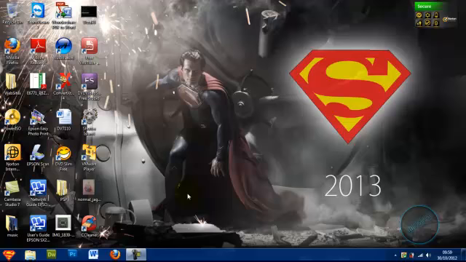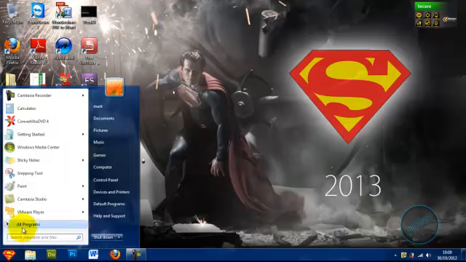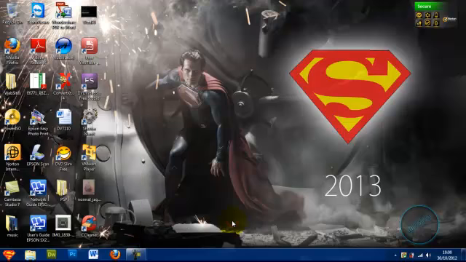If you want this theme to stay on your computer. Now that we've changed the start orb, as we can see now, the Windows 7 default orb is changed to the Superman one, and that's how you would install a third-party theme from the internet on your computer. I hope this has helped in some way or form. Sorry about the little mess up there towards the end of the video,